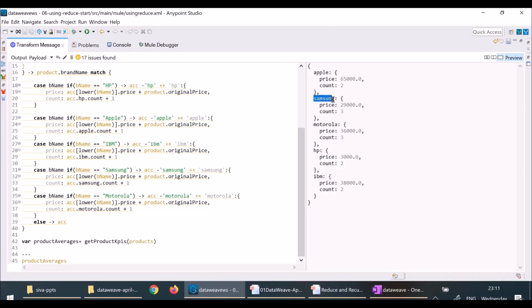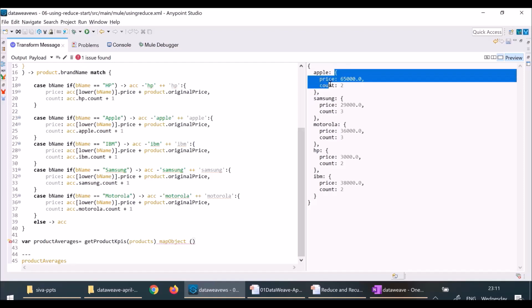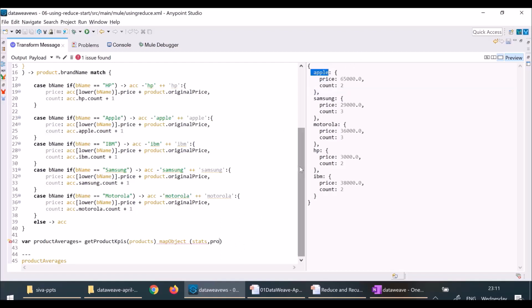To iterate over each key, there is something called Object map. This will take value and key. Value is the statistics. It will iterate over each key and value, and give each value and key. Value is the statistics object. I'll say stats, comma, the product key. The key is nothing but this one, right? Product key. Okay. Then I want to emit,